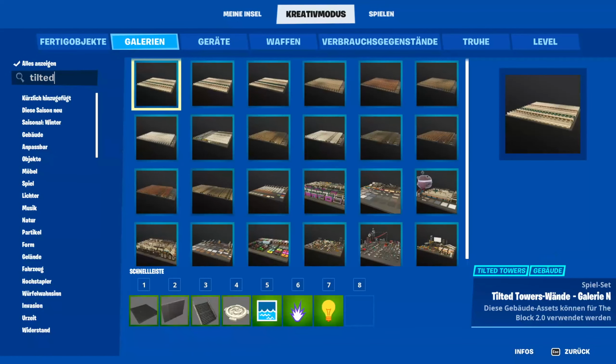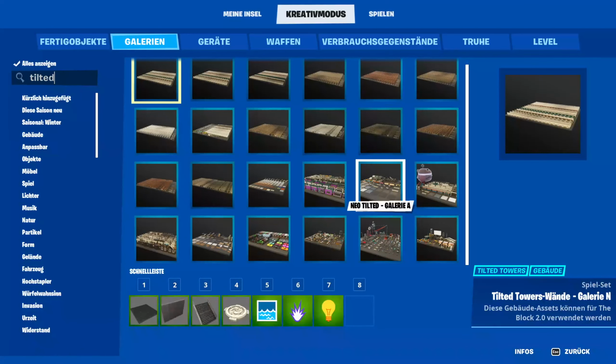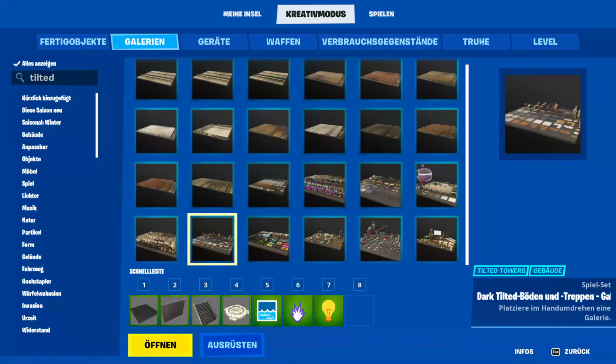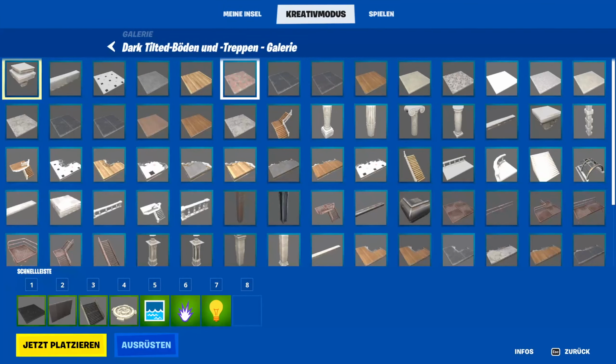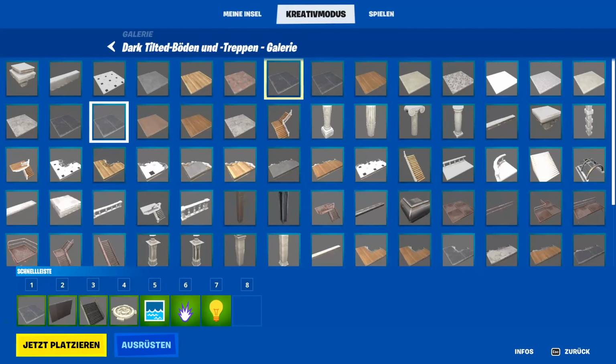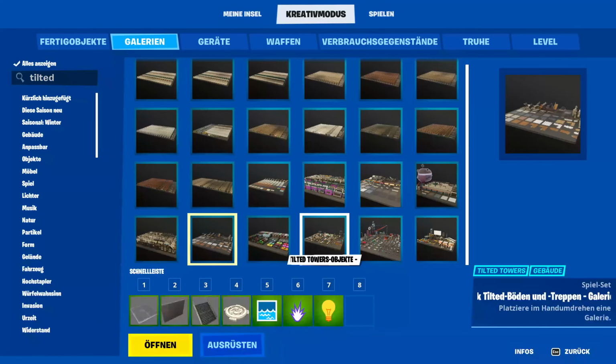For example, we create a street. We take the floor from the dark tiled gallery. It's the first one in the first row. Then we take, just for showing, these walls which I already have in my inventory. Then we